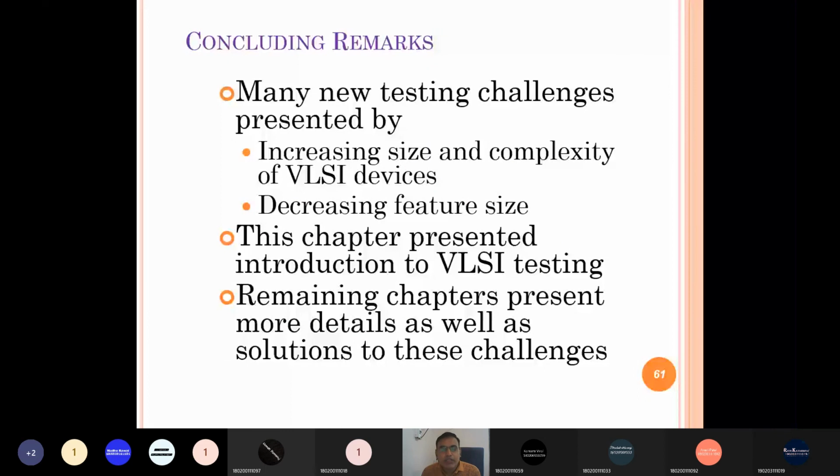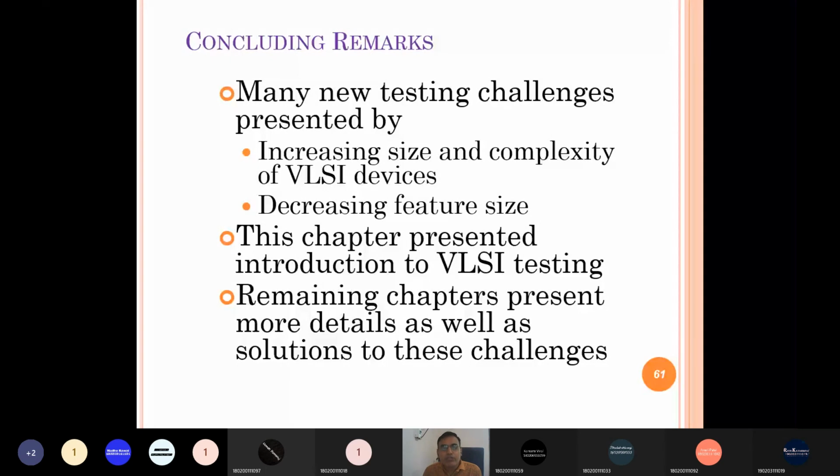In this chapter, we have gone through some basic concepts of testing and verification, and testing and verification at the different VLSI design stages. Then we went through different fault models: stuck-at faults, open and short faults, bridging faults, delay faults, and sensitivity faults. We also went through different DFT techniques to improve the testability of the design.